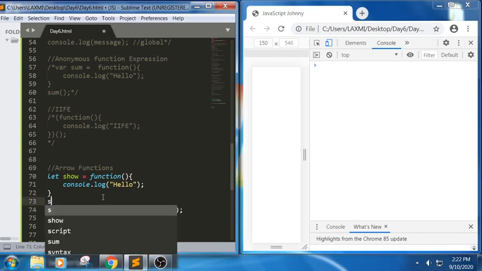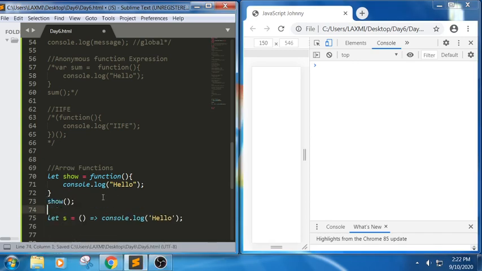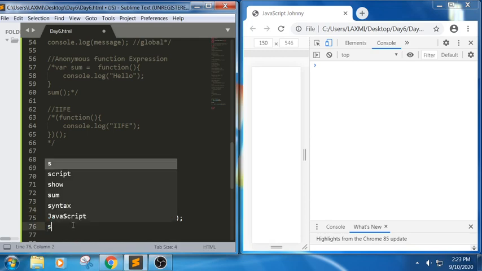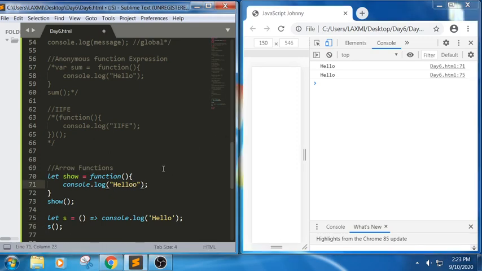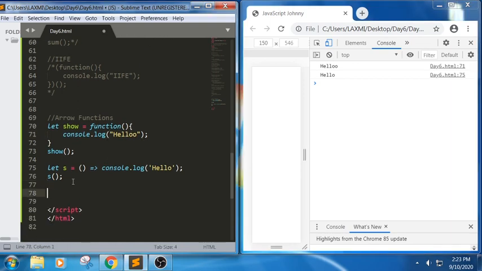Control S, sorry, we haven't called this function yet. Now we are trying to call this. We got hello and hello. For example, let me increase some word. Yes, it is done. So this is how we have defined it with arrow function. So in this arrow function we need not mention the function keyword, the curly braces and the return statement. If we have only one statement, we can skip the curly braces. So this is an example of what an arrow function is.